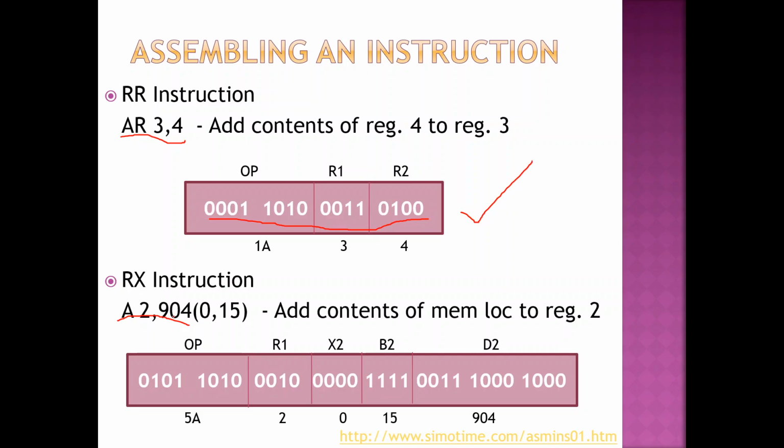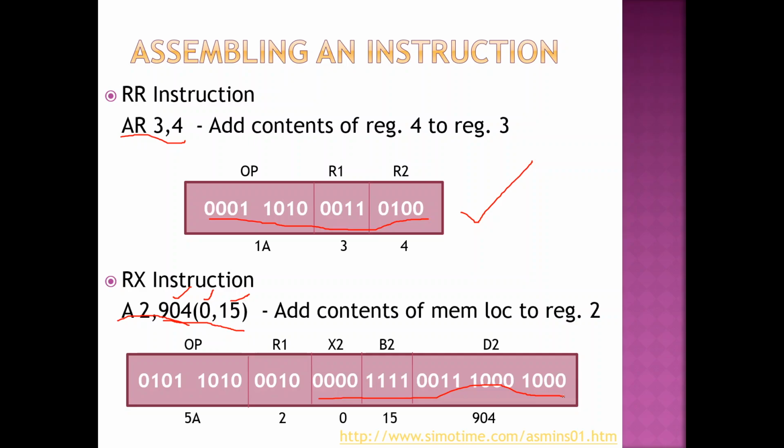But here, what are we using now in our programs? We are not going to use any address. We are only going to use some symbols, right? So what are the things I should know? I should know what the base register is, what the contents of the base register are, what the index register is, and what its contents are. So what is this address? 904 is a relative address. What is the absolute address? You should know all that. After that only you will be able to write these displacements. You will be able to write this part only after you know where it is actually placed in the main memory. You understand? This is one challenge we have, right?